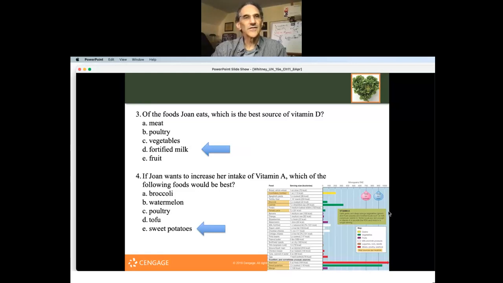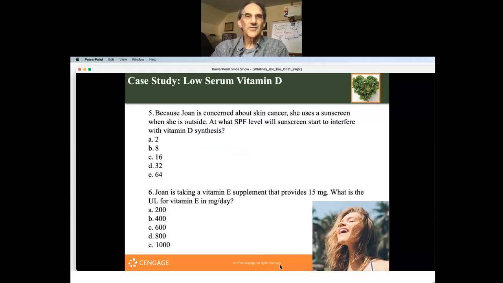And you can see that also in our little table here taken from the book. Because Joan is concerned about skin cancer, she uses sunscreen when she is outside. At what SPF level will sunscreen start to interfere with vitamin D synthesis? So we mentioned this in lecture, and most of us